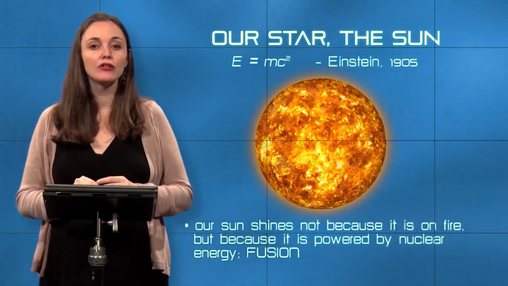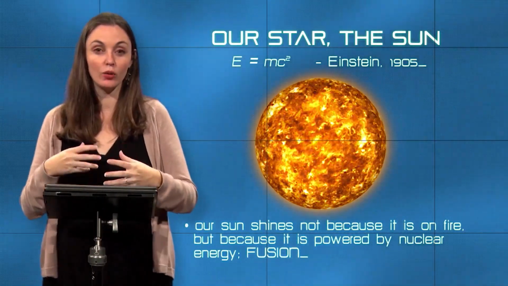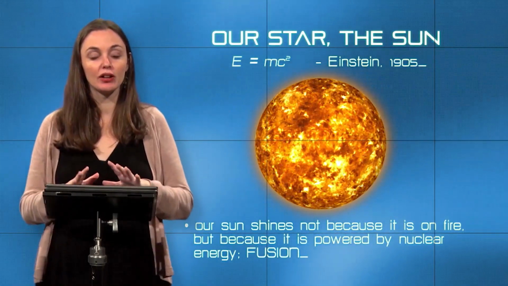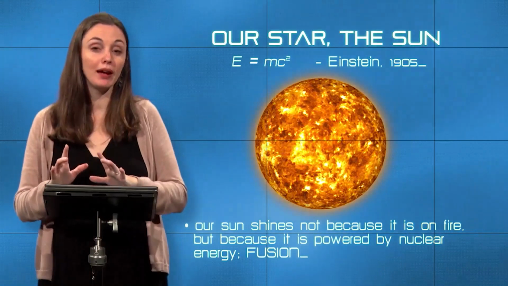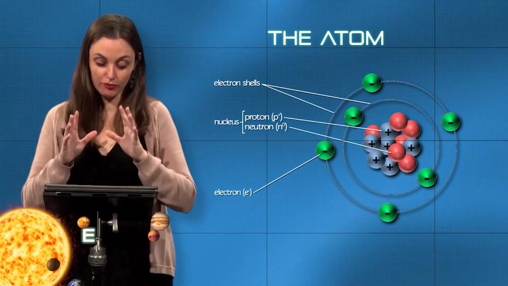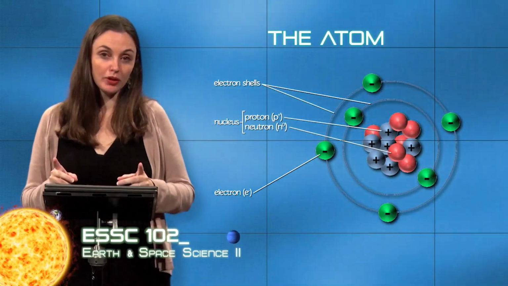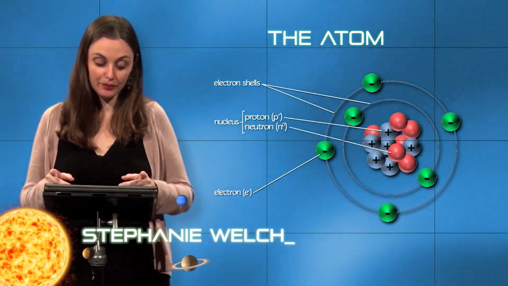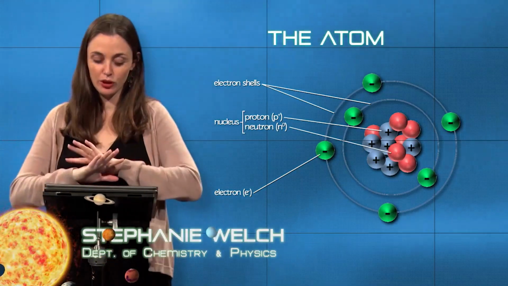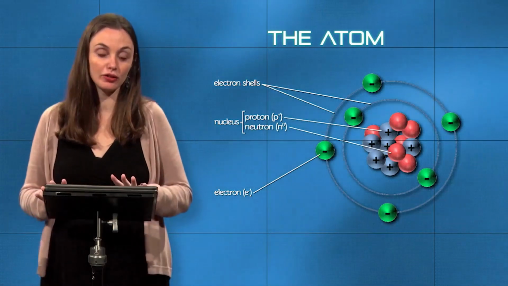So to further understand this and to look into what fusion is and how it works and how it balances out processes in the sun, we have to take a couple of steps back and look at the basic set of particles that make up the atom. Some of which are almost going to be completely ignorable from our vantage point because we're looking at processes inside the sun. So as you probably remember, there are three basic particles that make up an atom: electrons, protons, and neutrons. Under these incredibly high temperatures, we can almost completely ignore what's going on with the electrons. They don't really play into how this is going to work.